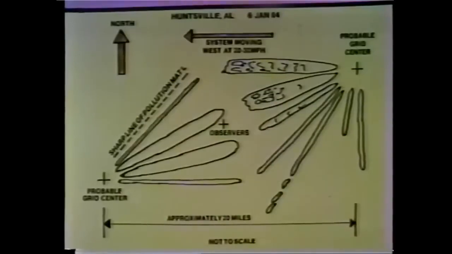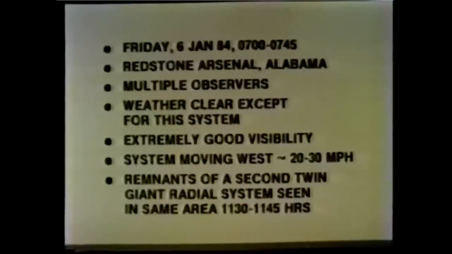Again, multiple witnesses over Huntsville, Alabama. A good friend of mine and I saw this very early in the morning, this system motoring along, absolutely classic. I was very hard pressed that day on my normal job and did not take off from work and go home and get my camera. I have regretted it ever since, deeply. I didn't realize how rare the phenomenon was, to be able to get one that perfect. But it was absolutely flawless, and it looked just like that, right over Huntsville, Alabama, moving along at 20 to 30 miles an hour. A second one came over later that day. There's the dates and the time.